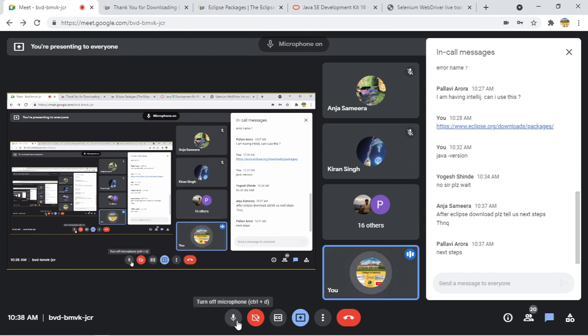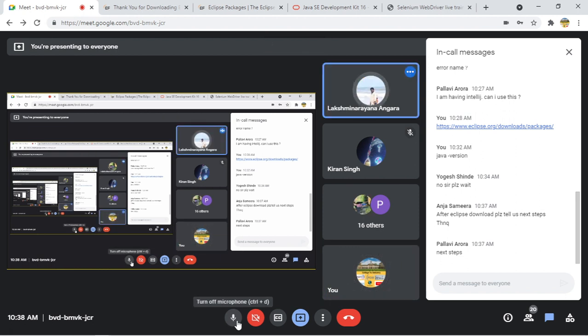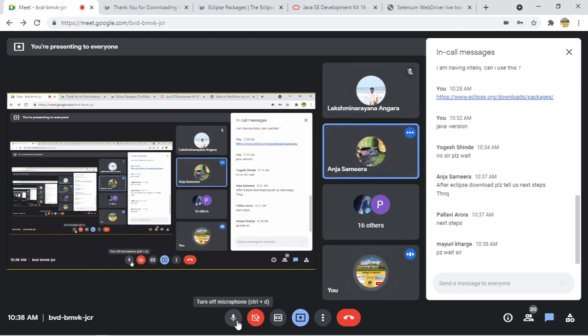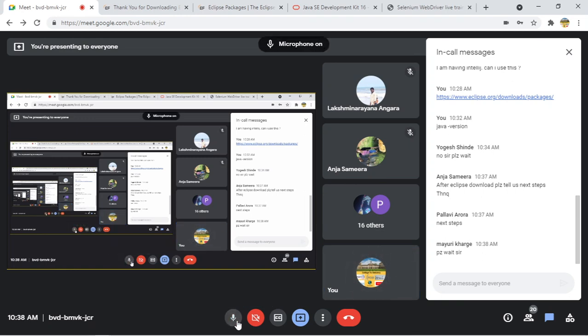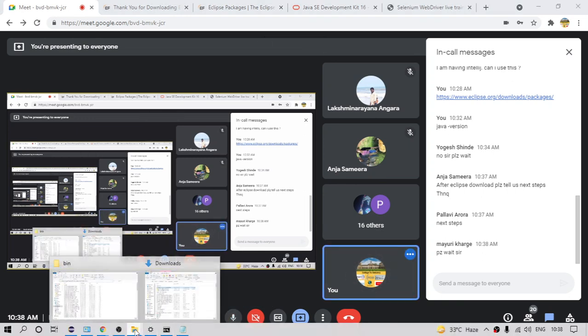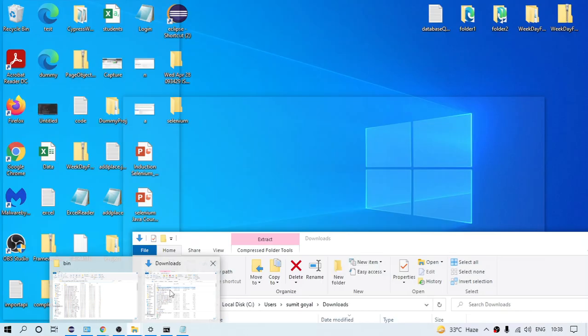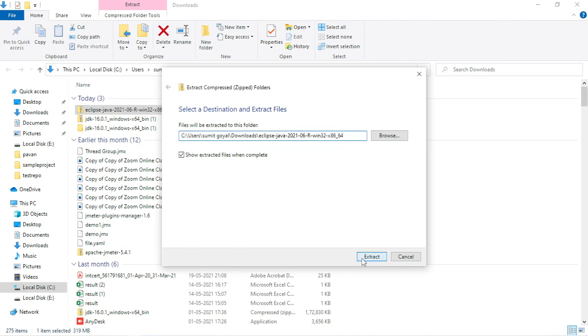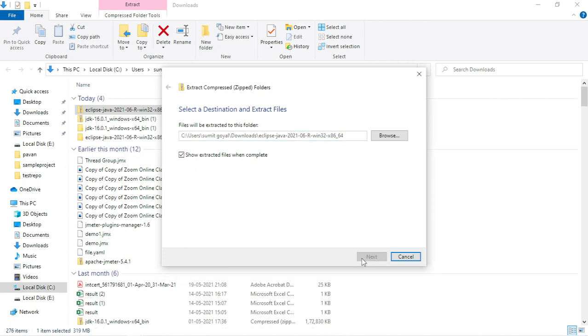So I hope it is now completed. Yes, Sumit. Great. After that, extract the file again because it is a zip file. Right click on it and click on extract. That will unzip the file.